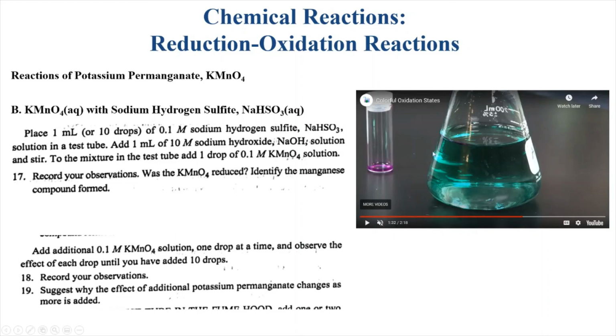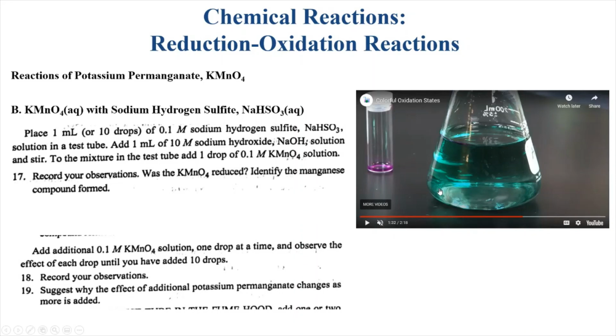The green compound is still present. That's still a product. The compound that you're going to identify is still there. It's just that the purple overwhelms it because it's a darker color. So what happens is you continue to add the potassium permanganate. Eventually, the solution goes from a green color to a purple color,